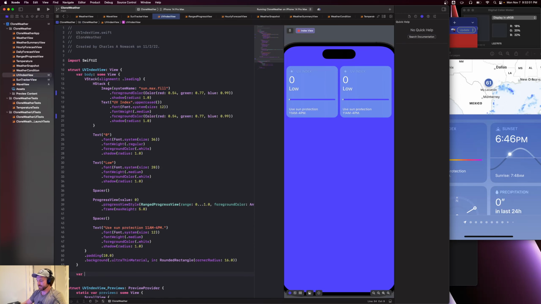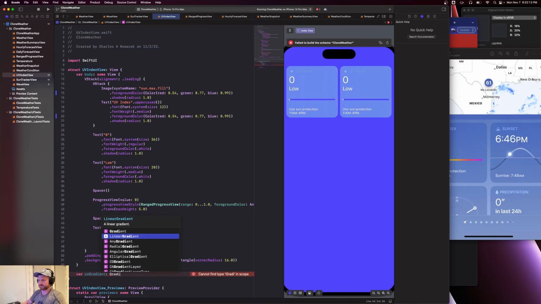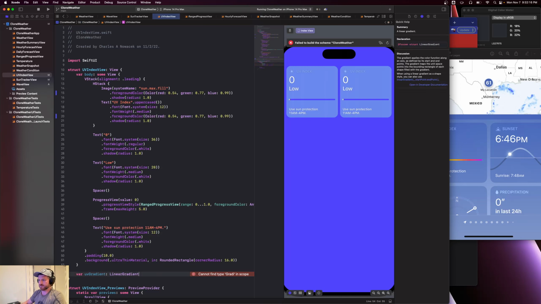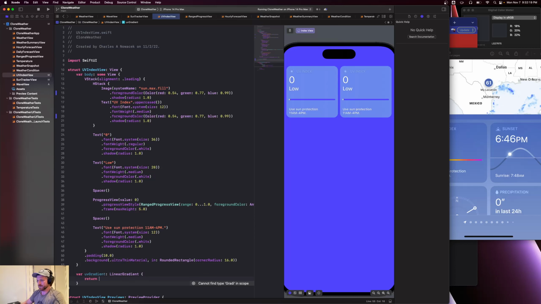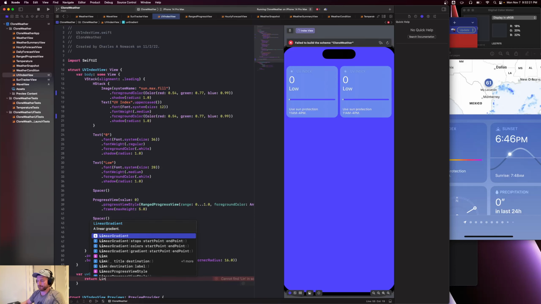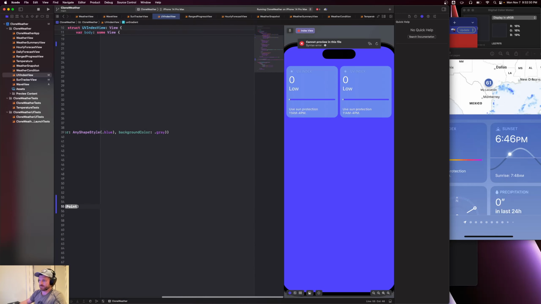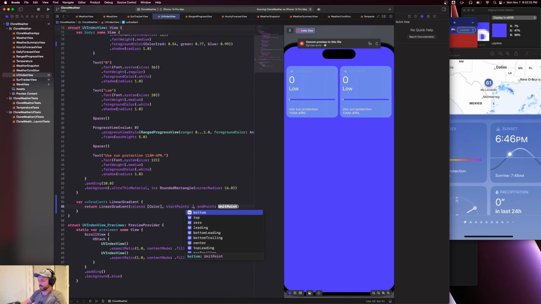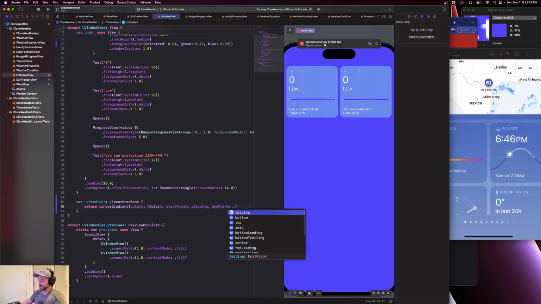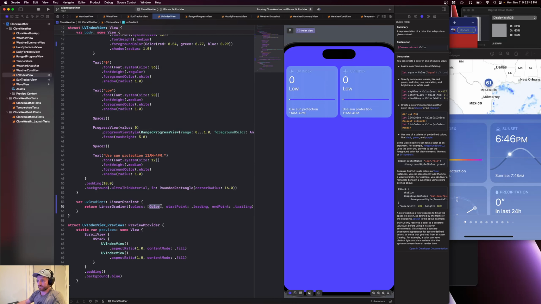let's do UV gradient. Is it gradient? I think it's gradient. Yeah, gradient. Let's do, you're going to be a linear gradient. For here, we'll return a linear gradient with colors and starting point leading, endpoint trailing, and for our colors,